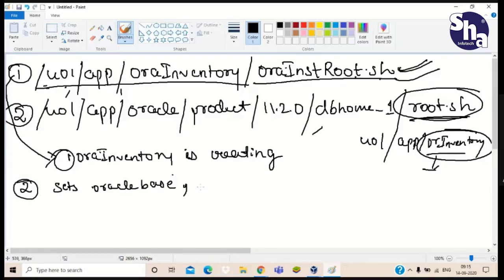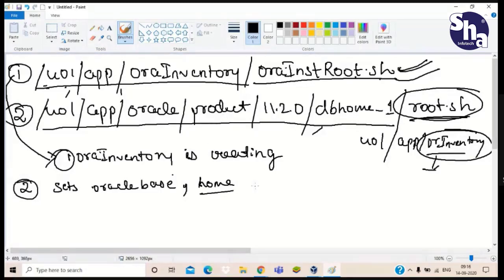It sets Oracle base, then it sets Oracle home. Remember what our Oracle home is? Remember these things, Oracle base and Oracle home. That is u01 app oracle product 11.2.0 dbhome_1. And with this, it sets environment variables as well. For working in the database, we have to set the environment.